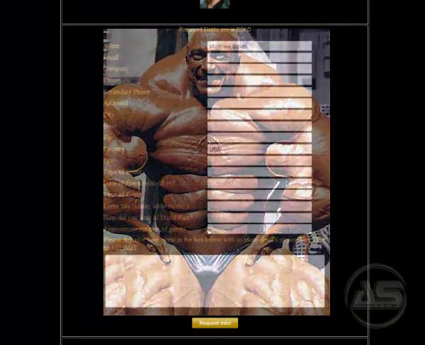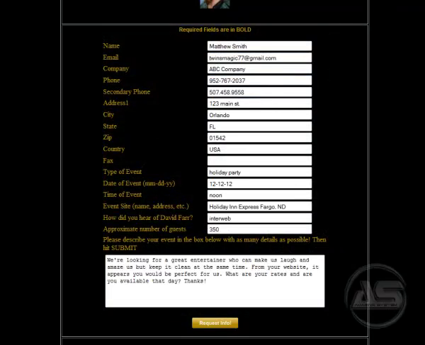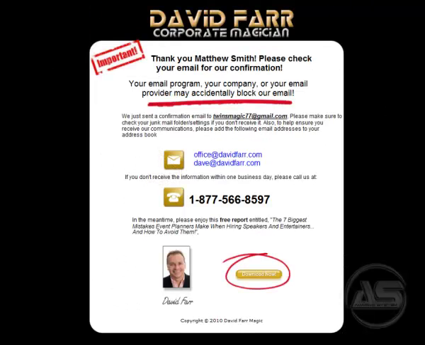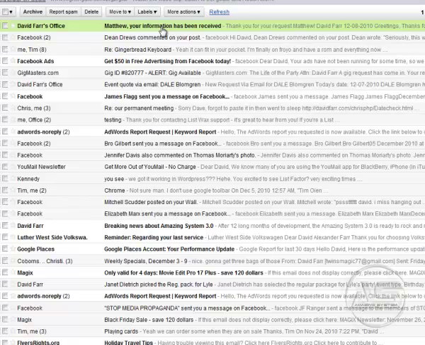You see, most contact forms simply do one thing. It will email you the info the prospect has entered into the form. And that's okay, but check out what the Amazing System can do. After filling in the form and hitting submit, the prospect is brought to a confirmation page that confirms it went through successfully. A few seconds later, they also receive an automated thank you email from your office confirming their info